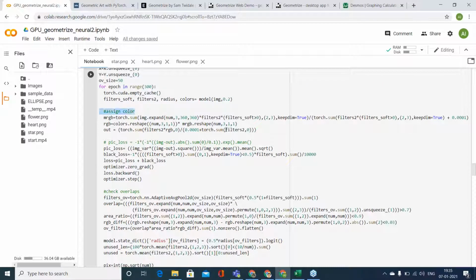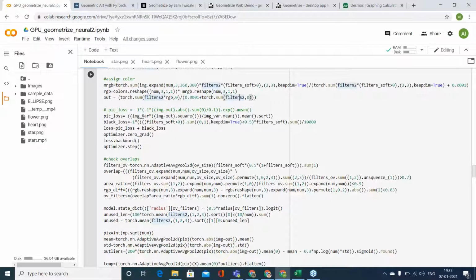This piece of code assigns the color to each of the shapes. Now this is the output image. It is a list of 500 filters, 500 shapes, and it multiplies each of them with their respective RGB value. Now this is the loss that I am using.